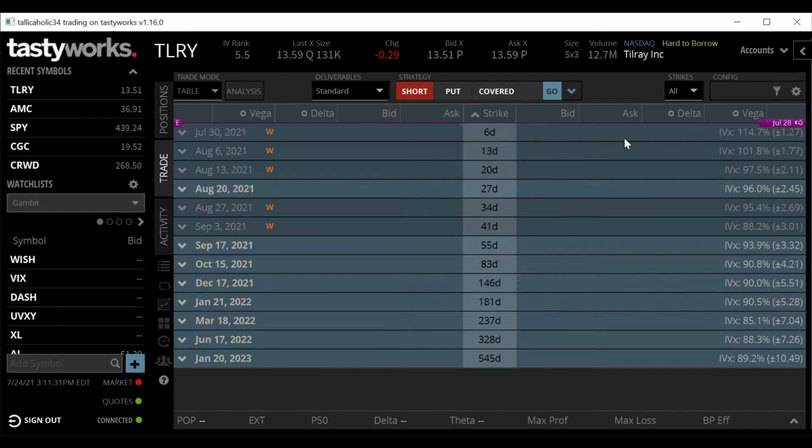So even if we do get a run up in Tilray, even if we do get some speculation to the upside or the downside in your July 30th expiration, that IV is going to contract at some point and revert to the mean. Whereas if you're in the stock and you do revert, it's not going to hurt you as badly as if you have a big down move with some IV sucking out of your options.